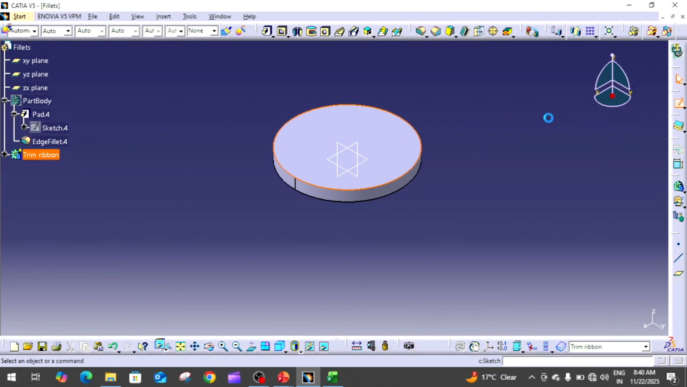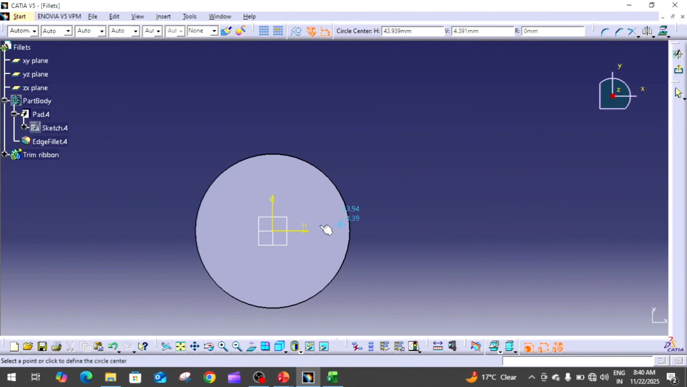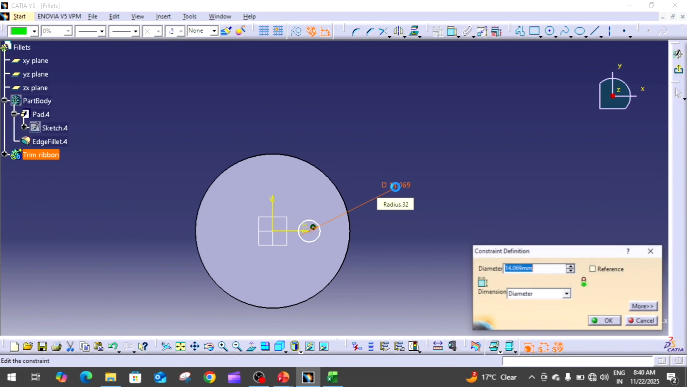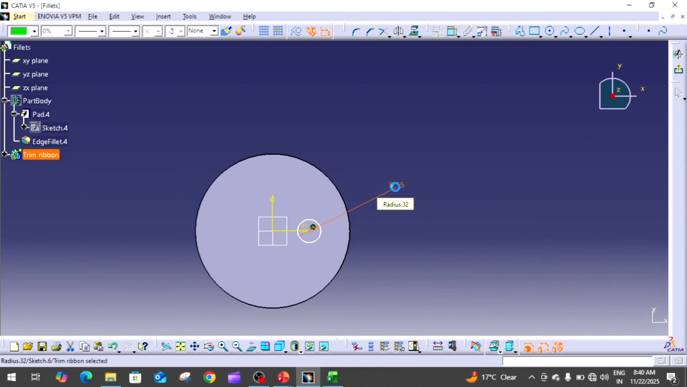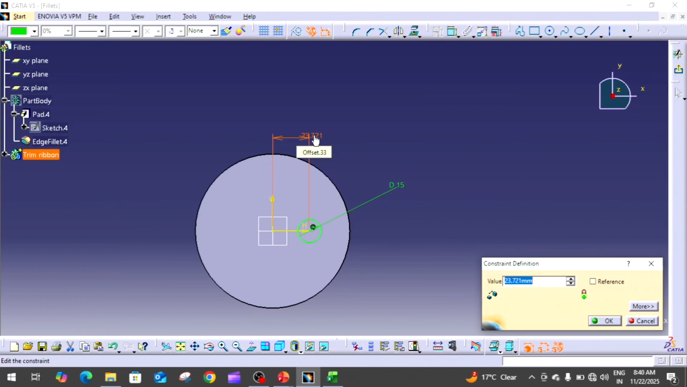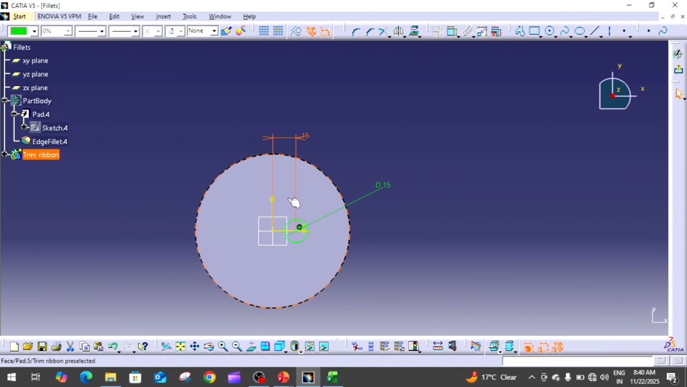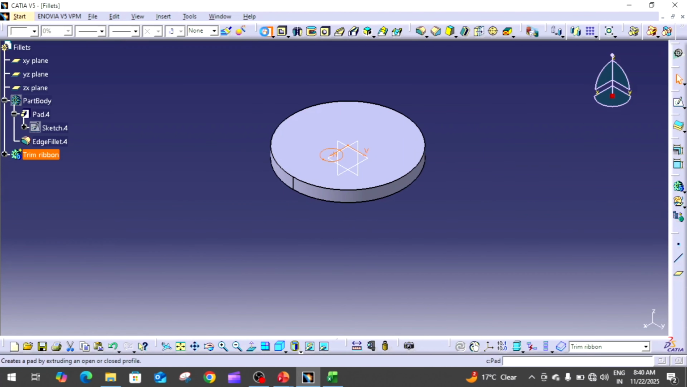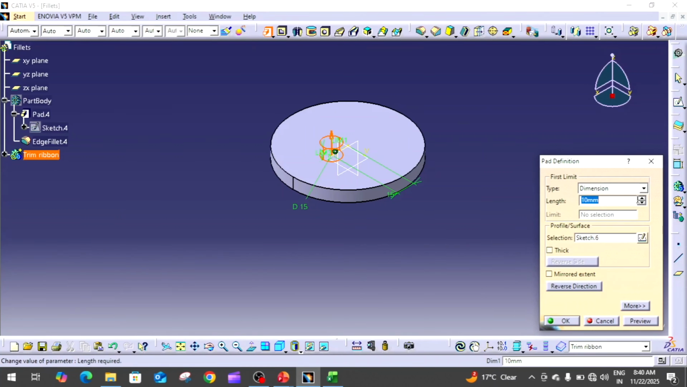Here I will create a circle which has a diameter of 15 mm, and this is 15 mm apart from the vertical axis and coincident with the horizontal axis, and click on exit workbench. Give the height as, let's say,